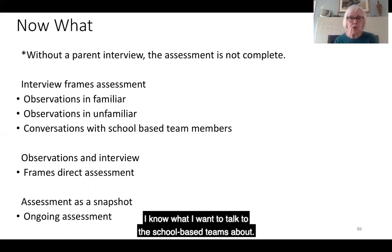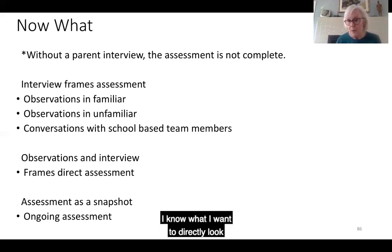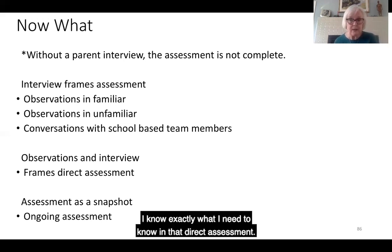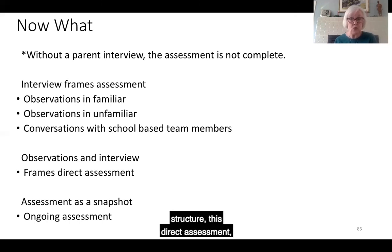I know what I want to talk to the school-based teams about. From the interview and observations, I know what I want to directly look at in my direct assessment. I know exactly what I need to know in that direct assessment. You also have to realize that this direct assessment that we would structure is a singular snapshot in time